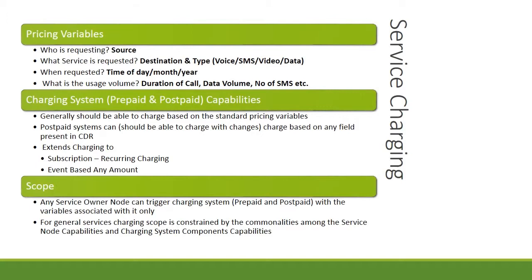If we go into the details of service charging, then we know upon which components we can charge a subscriber. The first component is who is requesting the service, or source. Then which service is requested, like voice, SMS or video. That means who is requesting the service, what is requested, for whom it is requested, whether it is an on-net